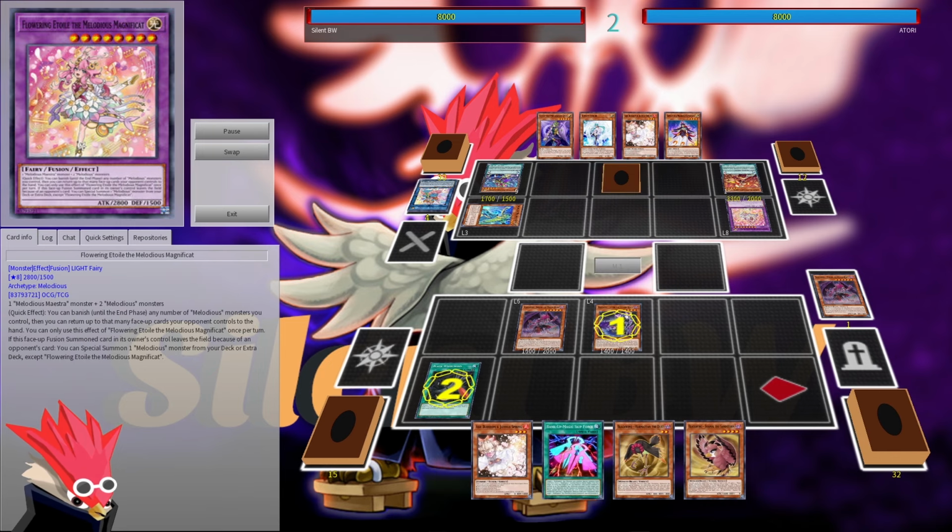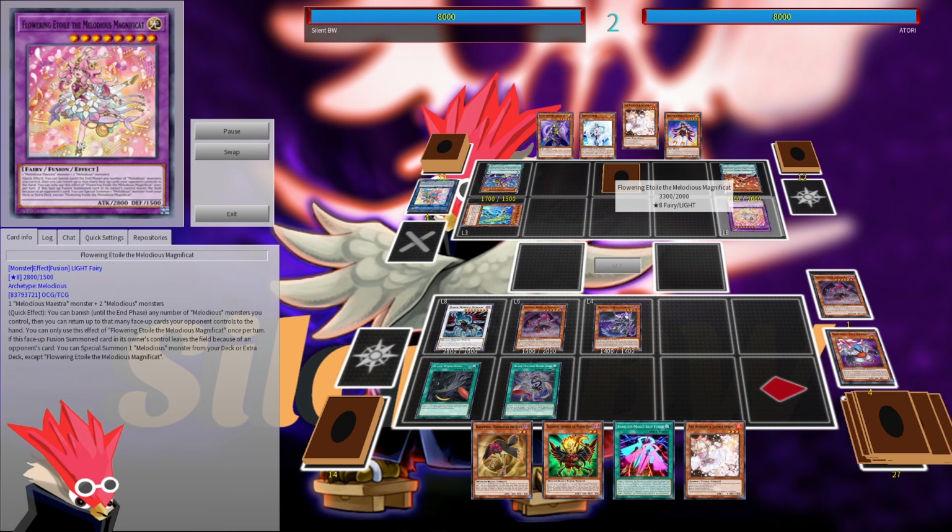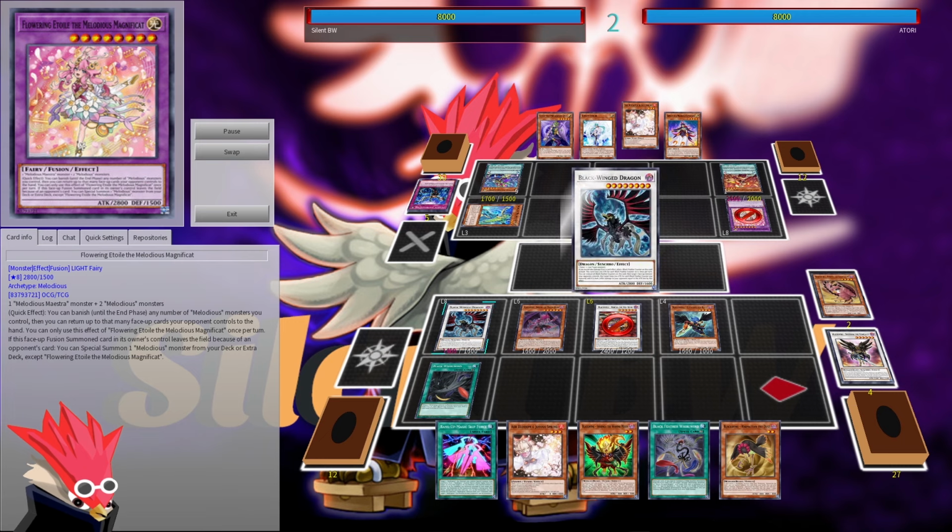Basically my opponent has 3 interruptions, or 4. He has Effect Veiler, Ash Blossoms and Infinite Impermanence, and then he has this interesting looking fusion monster that says that quick effect, you can banish any number of Melodious monsters you control and then bounce that amount of cards face up. So first up we're just gonna go with basic combo doing Boreas and trying to activate effect, and he uses Infinite Impermanence, then he tries to bounce stuff, but I activate Chinook and negate it,